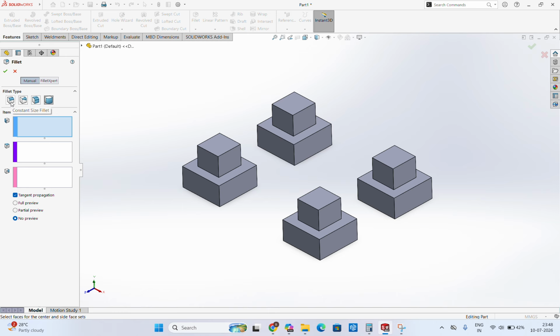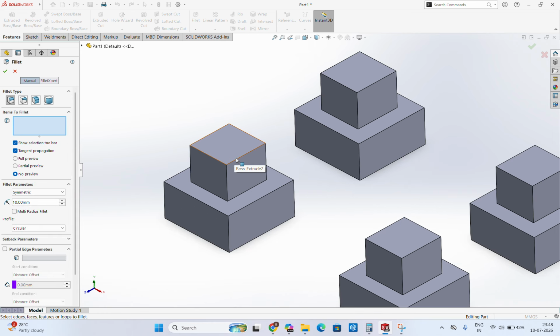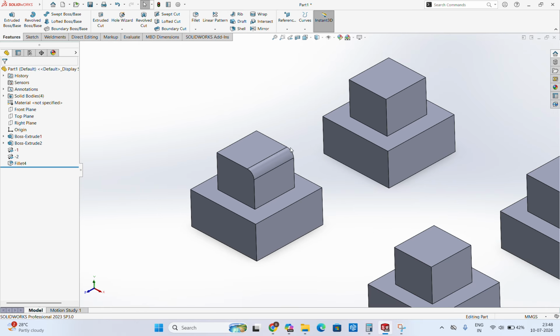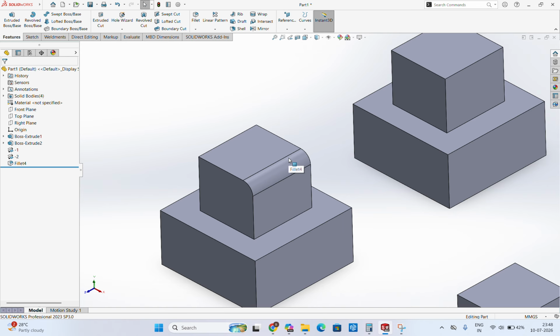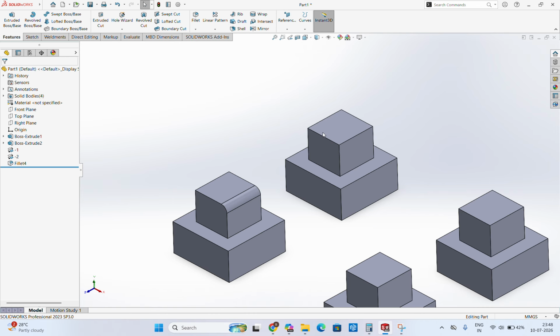There is the constant size fillet. Okay, it means we need to click on an edge and simply provide the radius, just like 10 mm. Then click on OK. Okay, this is the constant size fillet. Okay, now we will